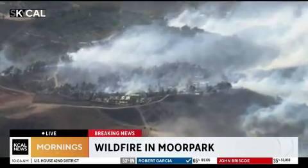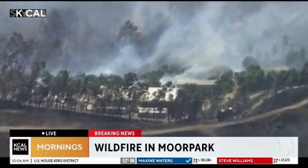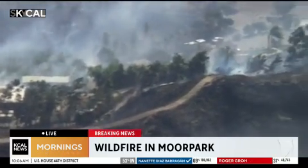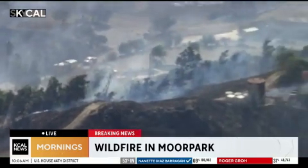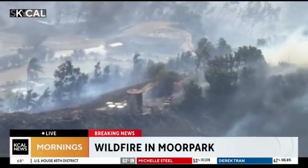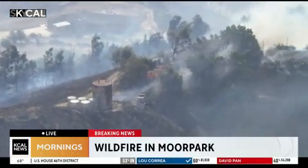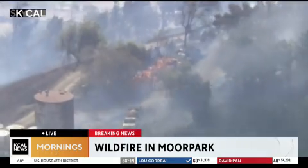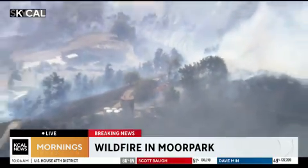And what we have seen, since we now have fire season year-round, is that fire crews really try to hit these fires quickly and as hard as possible to knock them out. But the unfortunate situation here is that we have multiple fires, which means the resources are spread out. So you can't hit the fire in Moore Park as hard because many of those crews are now in Malibu fighting the fire there. So they are sharing the resources, and that means, unfortunately, not as many boots on the ground there